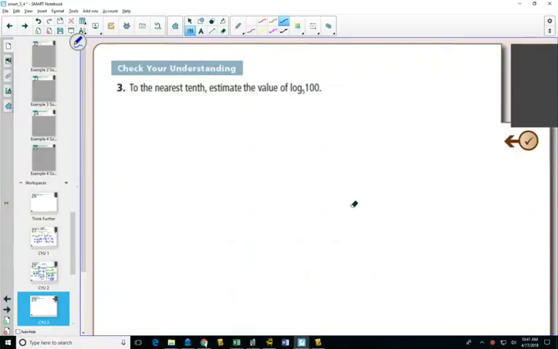Now, for example 3, this would be a non-calculator question, but they'll never ask it like this on an exam because you can't easily, without a calculator, estimate this to the nearest tenth. What they'll instead do, and I'll rewrite this question, they'll say, and I've seen this as a multiple choice question,